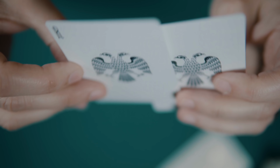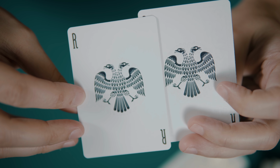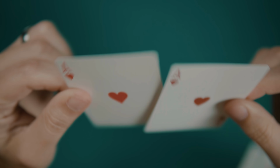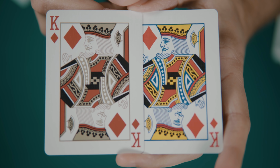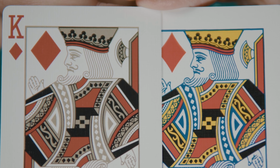There are two identical jokers, again featuring the two-headed eagle. They have an R for Regalia in the corners instead of the usual joker. The spot cards are very close to standard. The pips are slightly refined, a little bit smaller as well. The court cards are traditional Bicycle courts despite the deck being printed by Cards XIII, and they have been recolored